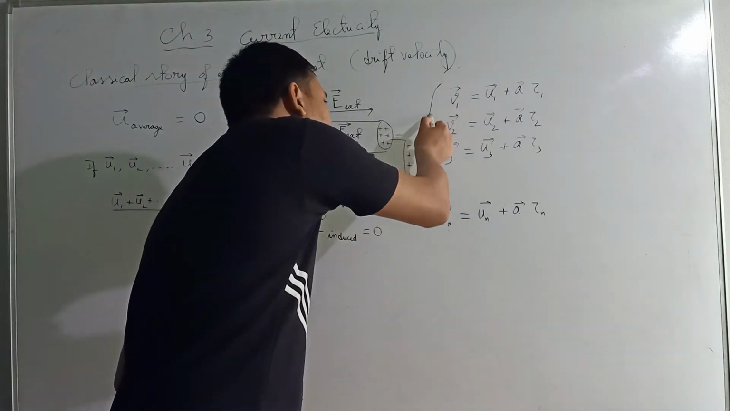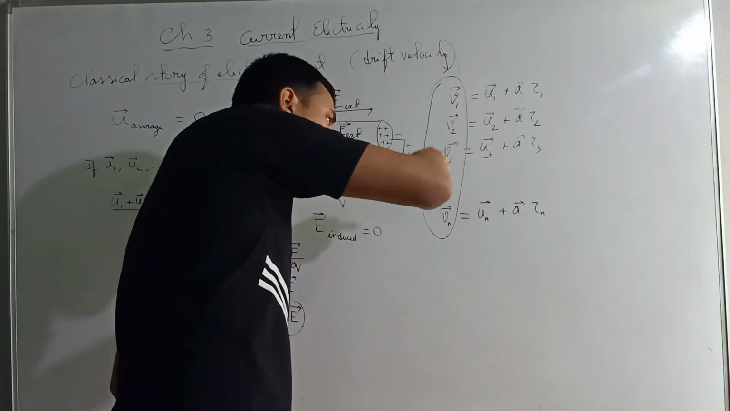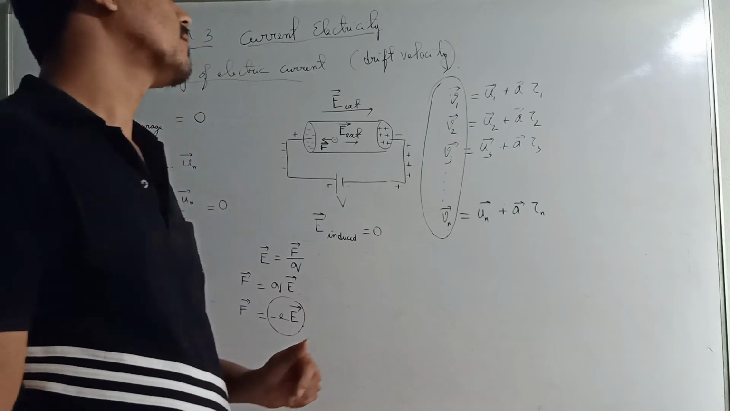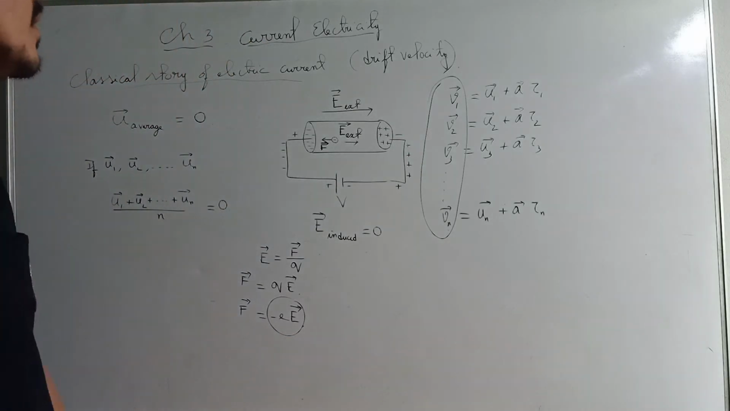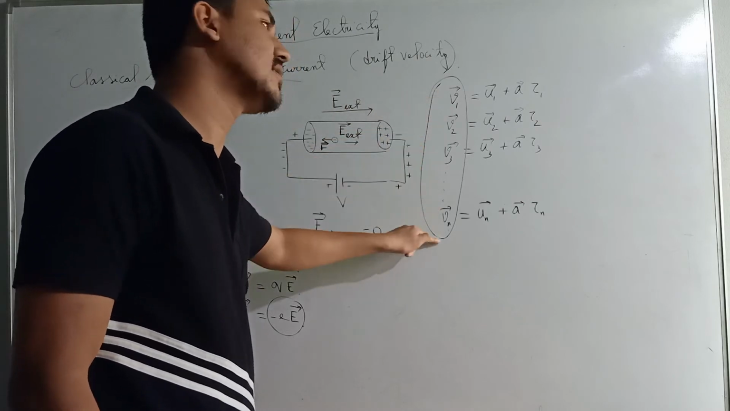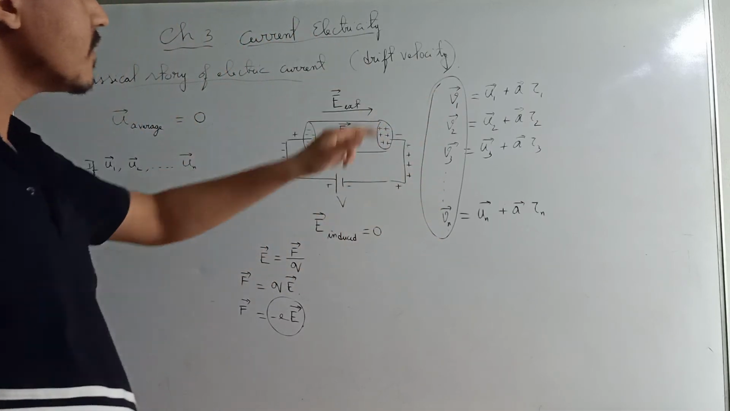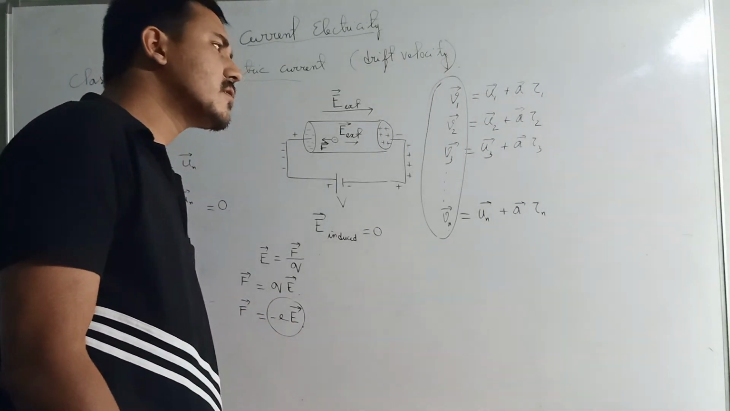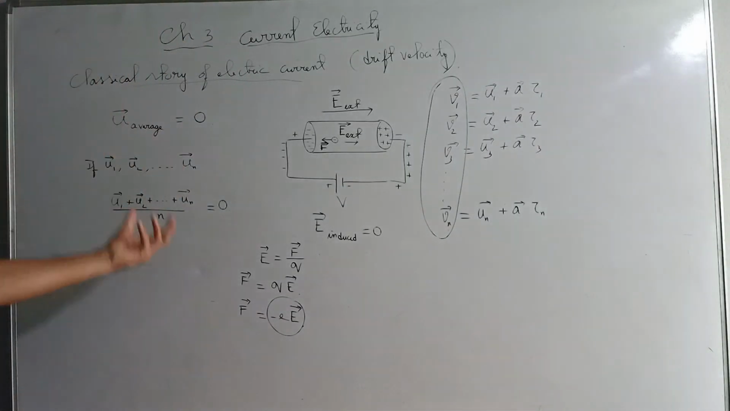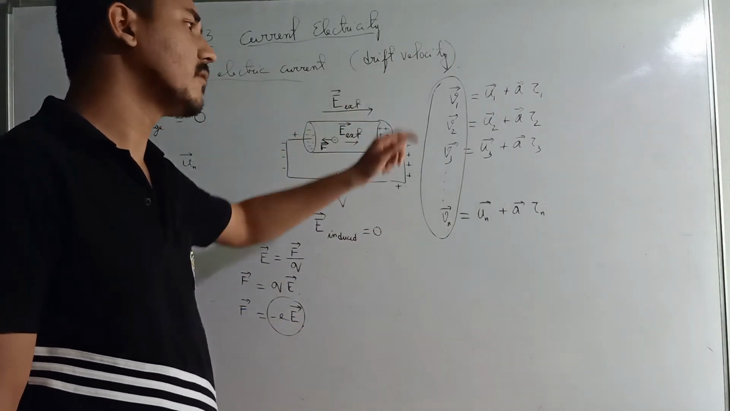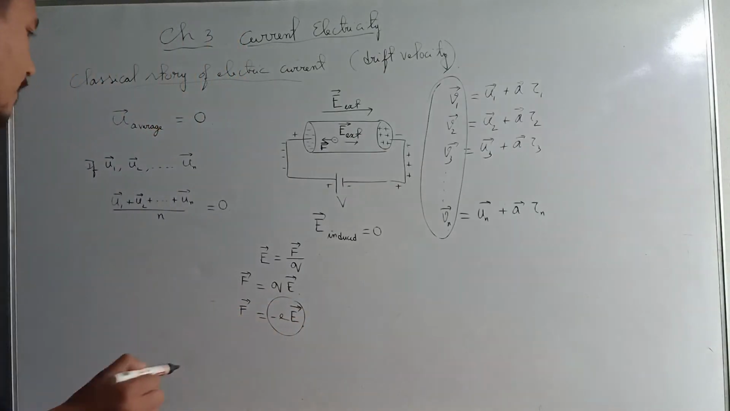So the average of these velocities before the electrons suffer collision with the positive ions of the conductor is known as drift velocity. So drift velocity means the average velocity with which the electrons move before they suffer collision with the positive ions of the conductor. Now,